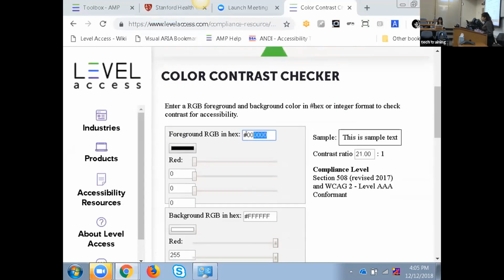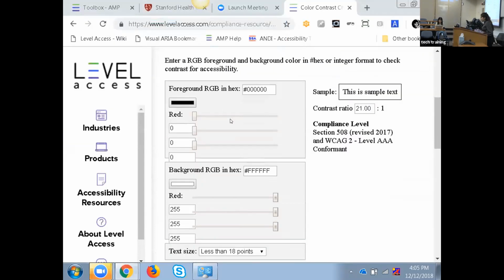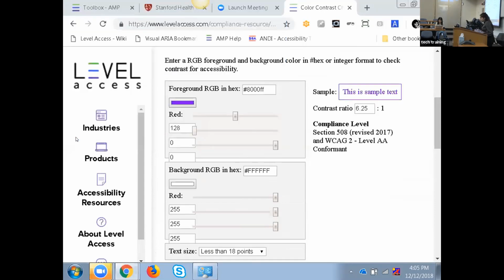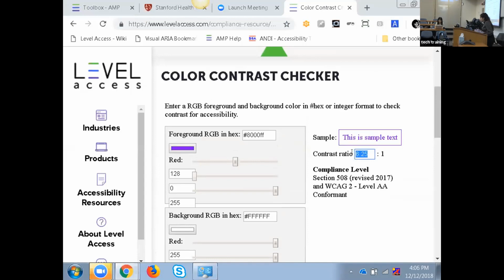You give your foreground color in here. You can use a hex code or choose any color, and then a background color, and that gives you the color contrast ratio. For WCAG 2.0 AA, for anything like 18 pixels, the color contrast is 4.5:1. So once you verify that,